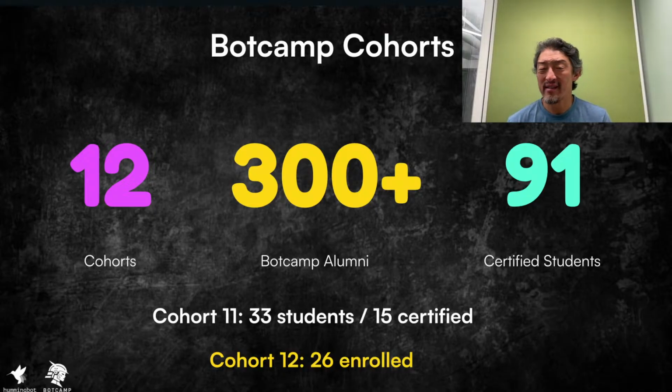So in the last cohort, as an example, we had 33 students in the cohort. 15 of them achieved certification, and for the remainder, you can always submit your strategy along with the demo day video and get certified in any future cohort. For cohort 12, we already have 26 enrollees, so we're really excited about this one. And so we will accept probably another 8 or 9 students, but we'll probably cap it at around 35 to make sure that we can offer personalized help to each of the students taking the cohort.